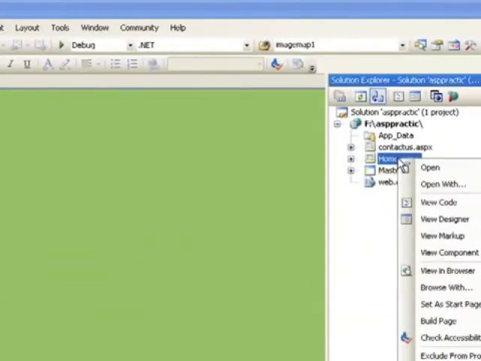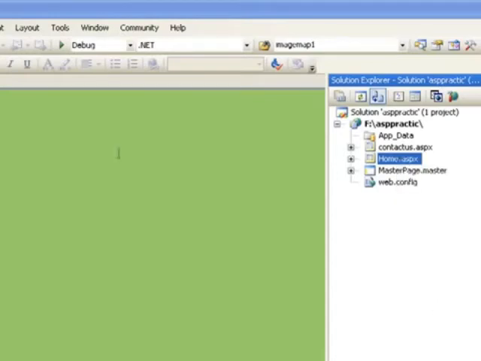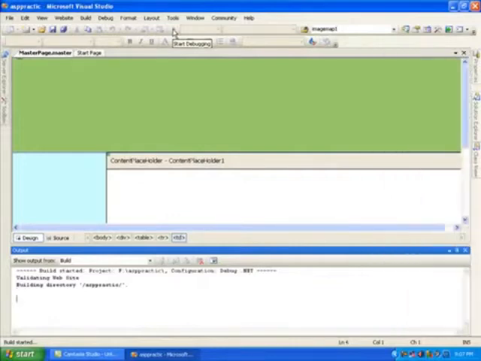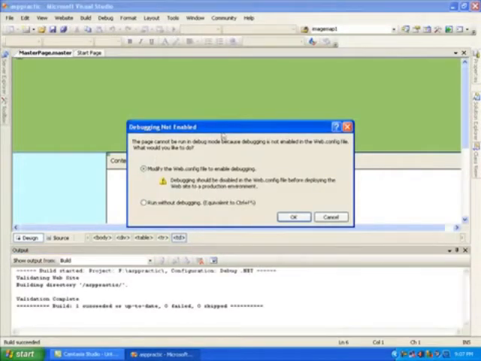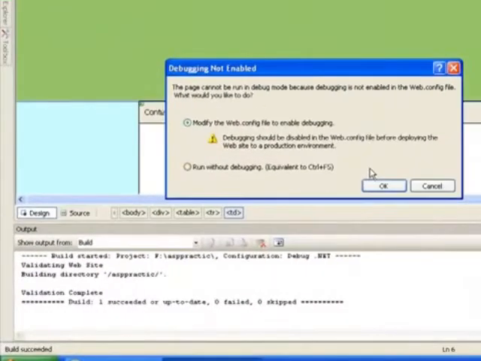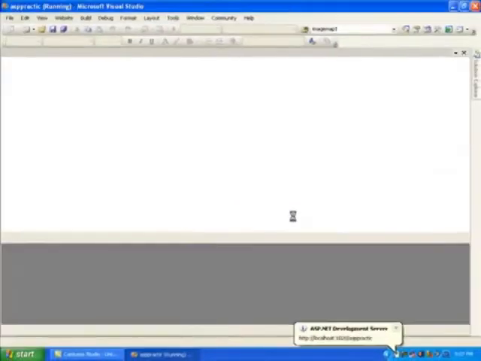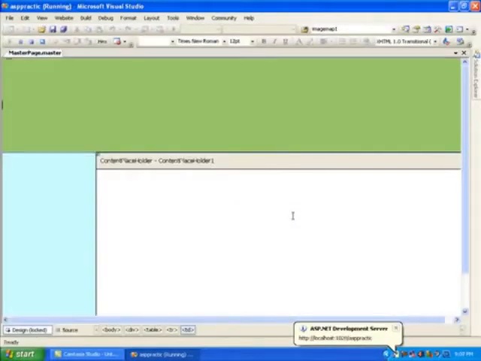And one more thing, we will edit that later, but if we want to make it start as a home page, just right click on my home page in the Solution Explorer, set as startup page, and just click on it. And now enjoy what will be available. Build started, build success. This is the only warning message that your ASP.NET will interact with your web browser. So I click on OK. My web browser will load. My IIS engine is already started.